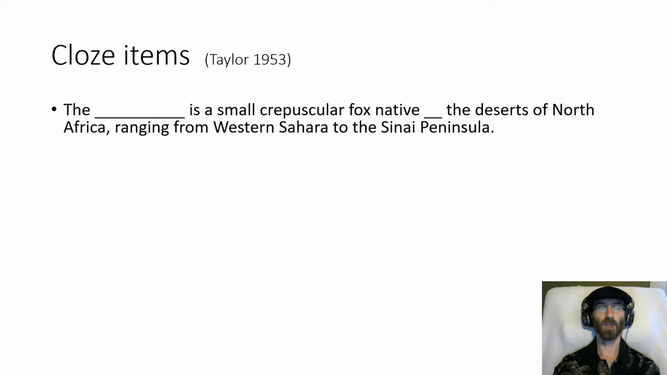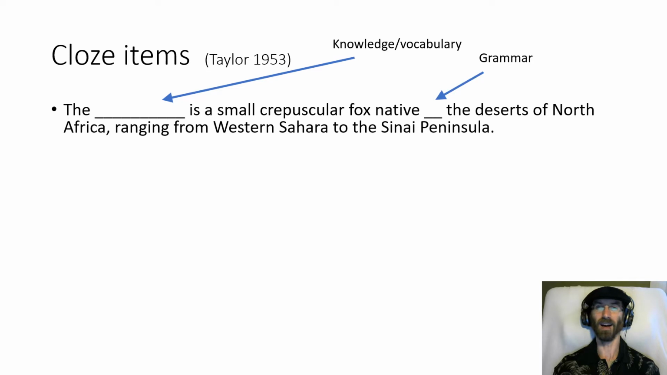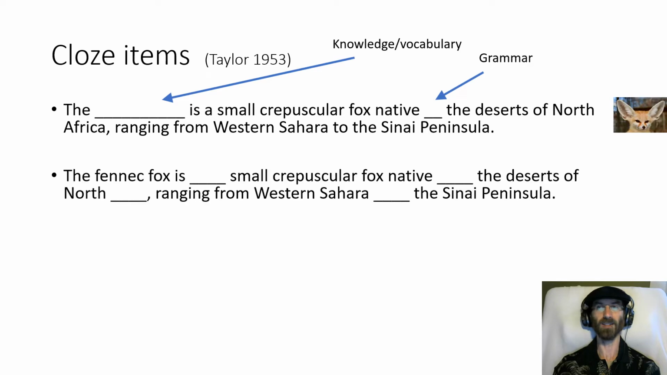So here's an example. The blank is a small crepuscular fox native blank the deserts of North Africa, ranging from Western Sahara to the Sinai Peninsula. So the first blank captures knowledge and vocabulary. This is actually the fennec fox. The second blank is the word to, and that captures grammar. So if we delete every fifth word, then we get something that mixes knowledge and vocabulary type blanks with grammar type blanks. This in particular is called nth deletion. And this in particular is